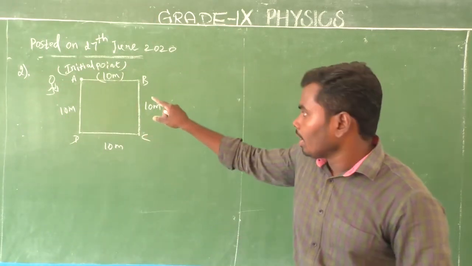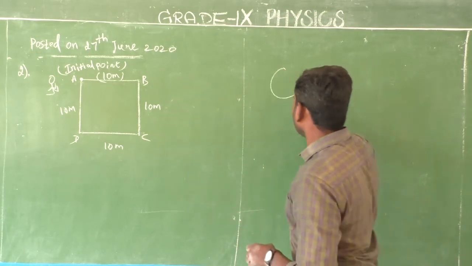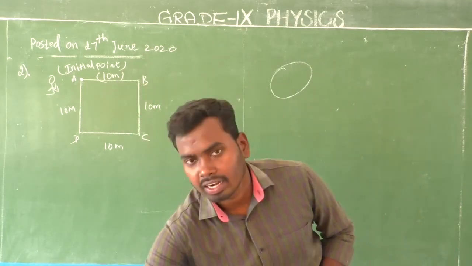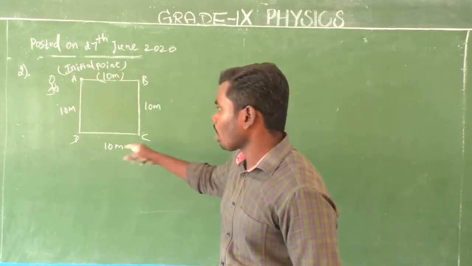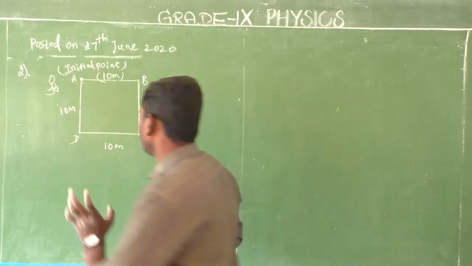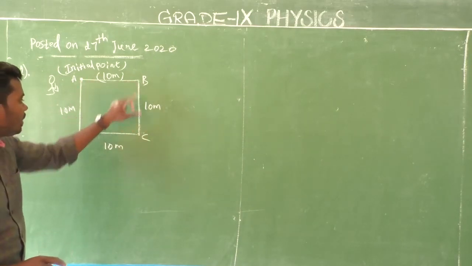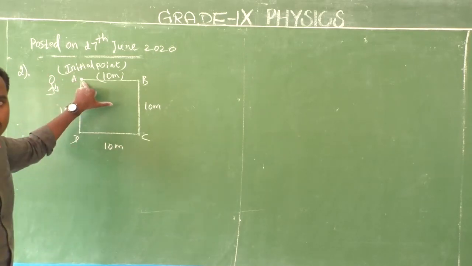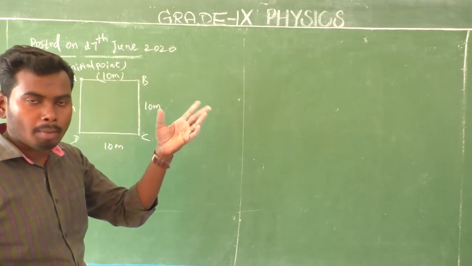Look here. Here, round doesn't specify a circle. Round means one trip. Is it clear? It doesn't mention a circular shape. Here the farmer moves along the boundary of the square field, which means AB, BC, CD and DA. Again the farmer comes to position A. Here the farmer has taken 40 seconds to complete one trip, which means one round.